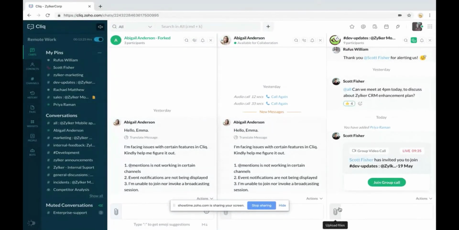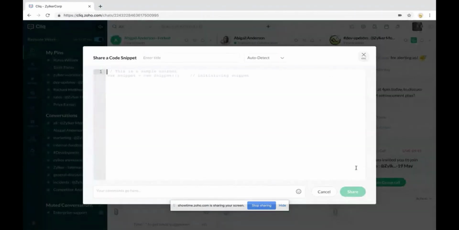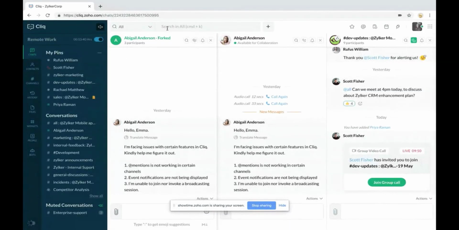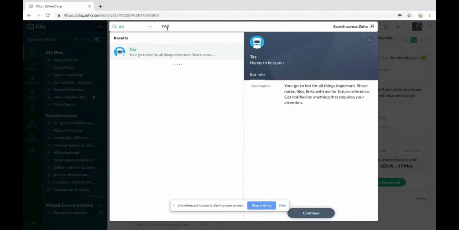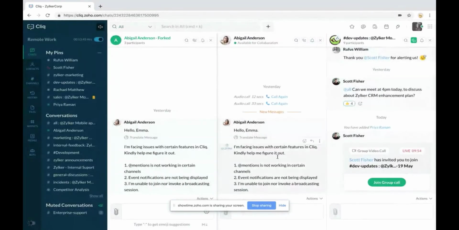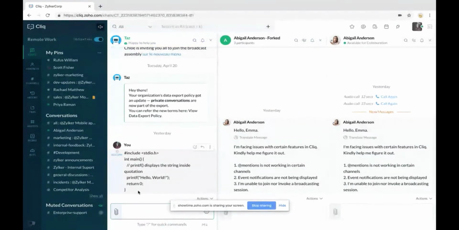Developers widely use it to share codes. If you want to share a piece of code without disrupting its format or want to leave comments on a piece of code, select the code snippet option under the attachments icon, paste your code and send it. So let me show you how in real time it works. I've already taken a piece of code and I've shared it in Task, my in-house personal assistant.